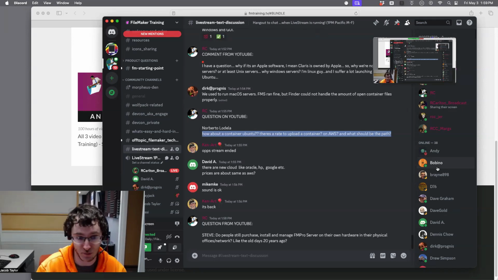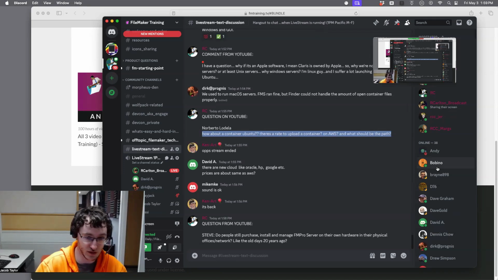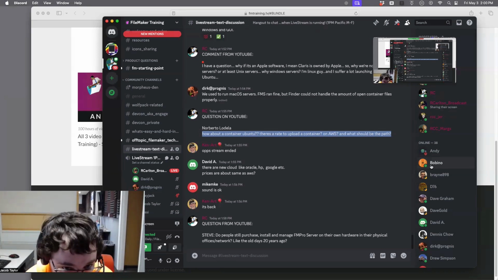To be honest, I personally recommend against containers. This is one of my spicy opinions. I have to tell everyone it's a spicy opinion before I say it, because I don't know that anybody else agrees with me. If you do servers, there's a specific fact, and that is don't put databases inside of containers. While FileMaker, the software, may or may not work correctly in that scenario, it is to be avoided generally. So I don't encourage people to do it and don't endorse it as a result.